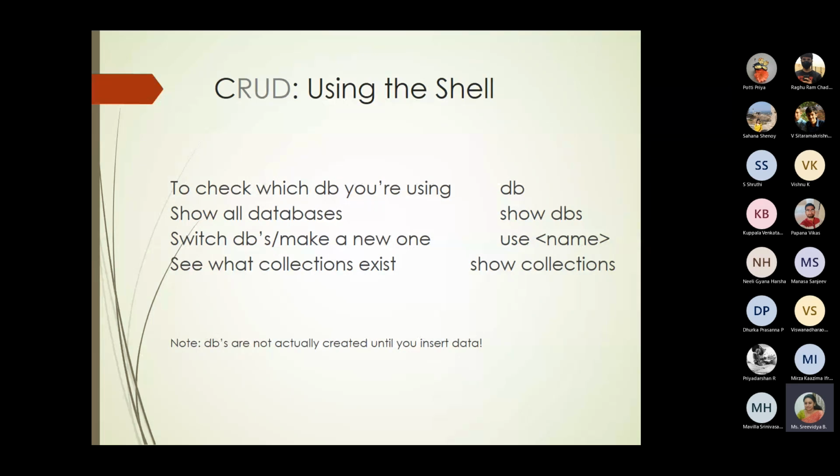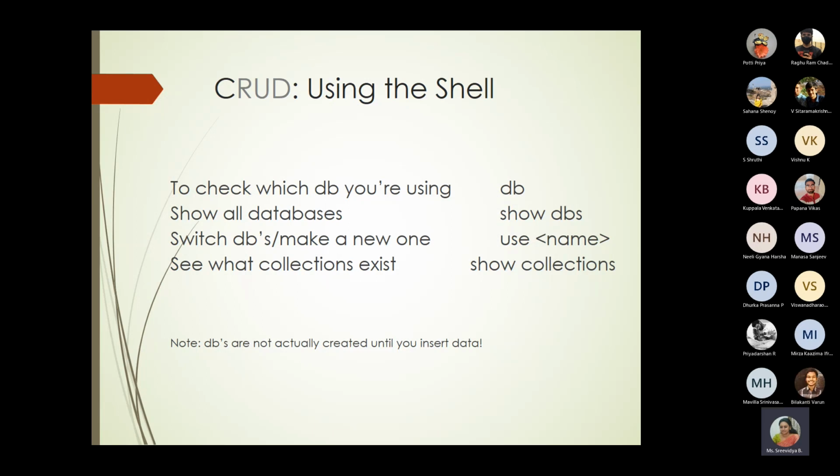These commands will help you to go with the initial things. Like db will list which database you are using. I hope you have an option of use DB in Oracle, which says this is the database you wanted to use. Show dbs will give you the options of all the databases which are available in MongoDB, and then use the name of the DB. If you mention it from the current database, it will switch to the database you have mentioned.